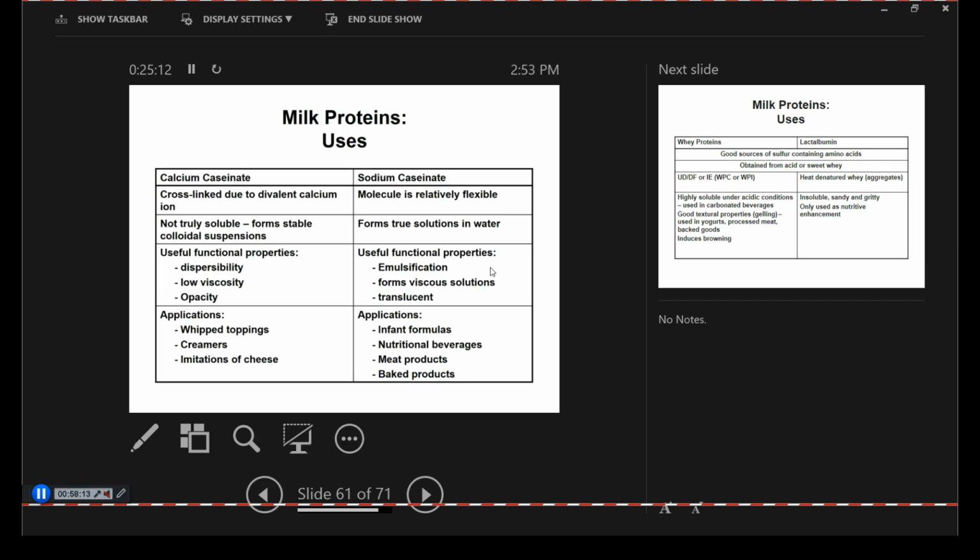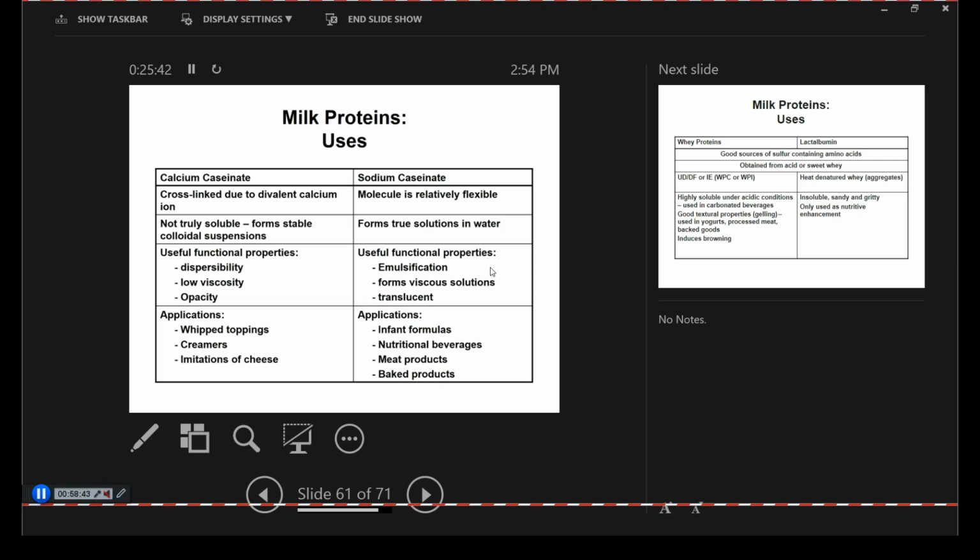So if we take the acidified casein and neutralize it by calcium hydroxide or sodium hydroxide, we get calcium caseinate or sodium caseinate. Calcium caseinate is cross-linked by calcium, and it is not truly soluble. It forms a dispersion or colloidal suspension. It has low viscosity and it's opaque. Because of this opacity,